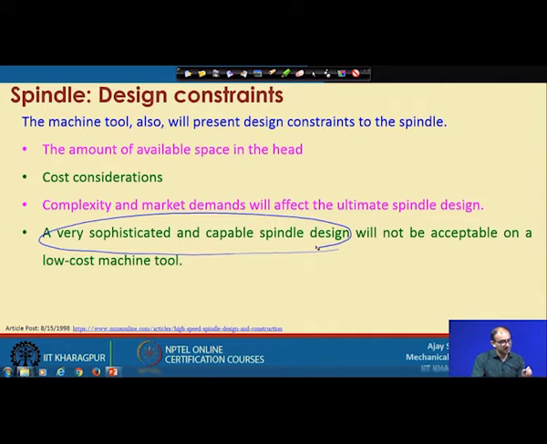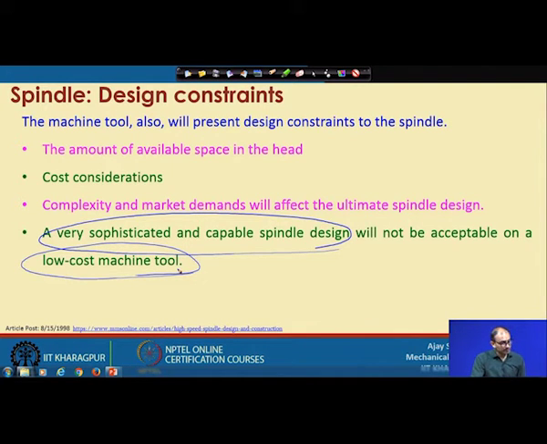But suppose your machine is a routinely used CNC machine, and you want to go with an air bearing and extremely high, lakhs of RPM. Then your machine tool is not suitable for that type of spindle. First you have to find out whether your machine is capable in terms of stiffness, damping of vibration, and axis orthogonality, that means the x, y, z axes should be exactly perpendicular to each other, as we have seen in geometric error.